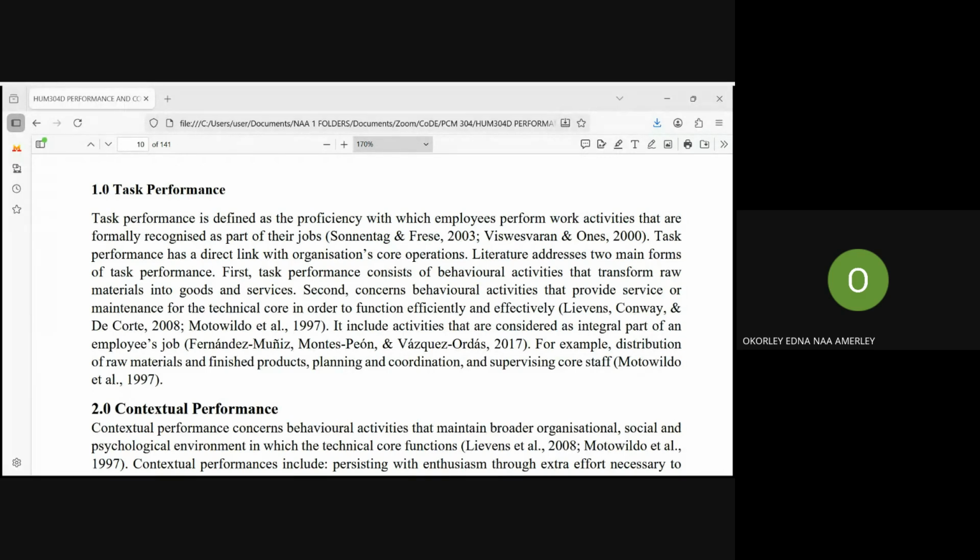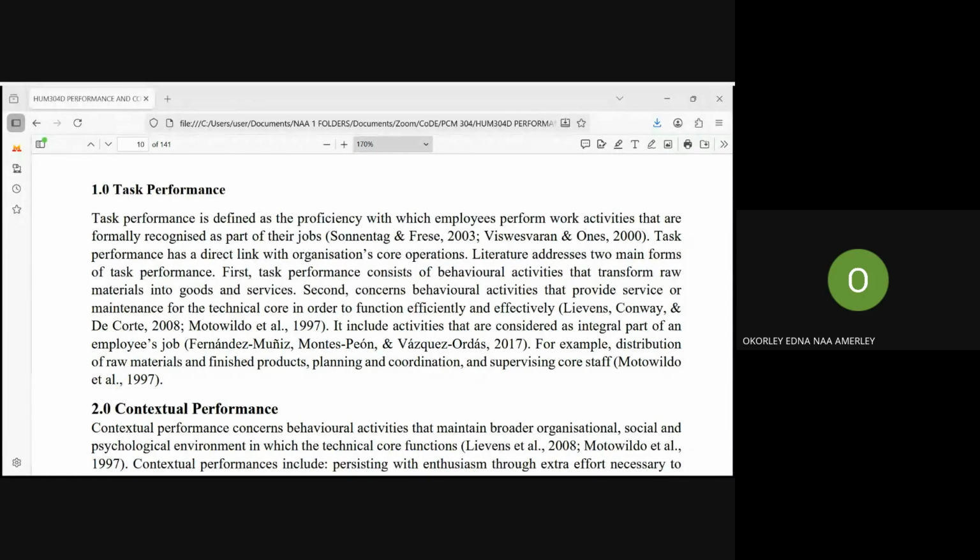How well do you sell that soap? And the second aspect is the behaviors, and that comes into the contextual performance. So for you to be able to get your job done, there are certain behaviors that you need to undertake. And those behaviors are what will support, what the organization will support, so that you will be able to get